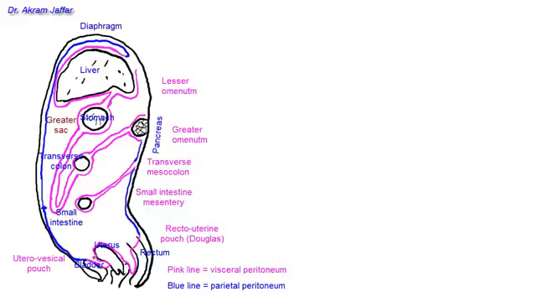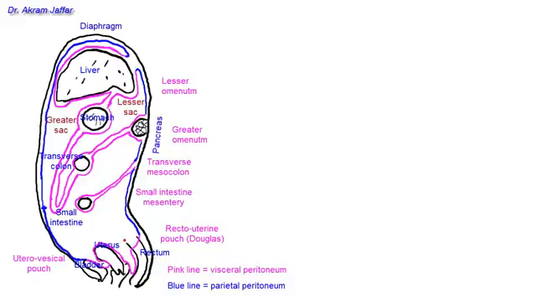Now it will become a parietal peritoneum, so I change the color into blue, and that is the parietal peritoneum returning back to the same point. This creates a sac, a lesser sac, or we call it the omental bursa, that is located behind the stomach. Embryologically speaking, this sac was not present at the beginning, but because of the folding of the gut and mainly because of the rotation of the stomach, this diverticulum or recess will be created behind the stomach,